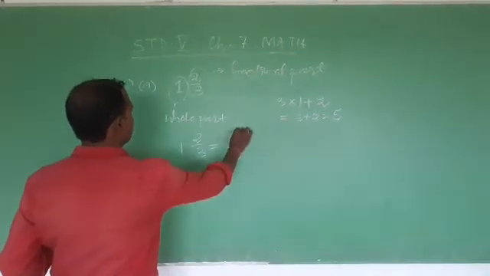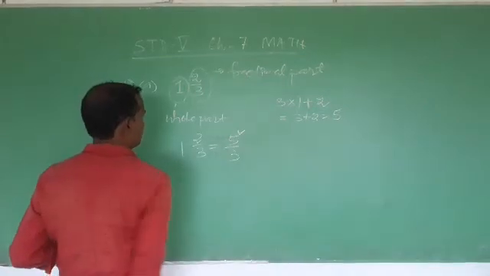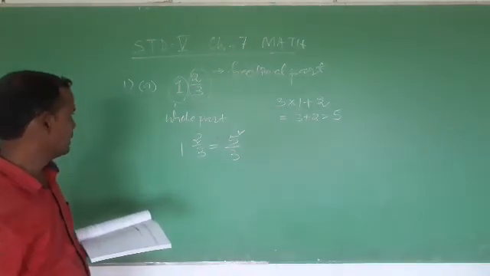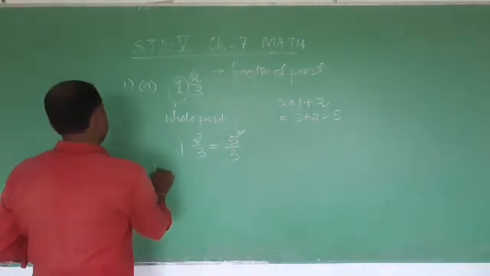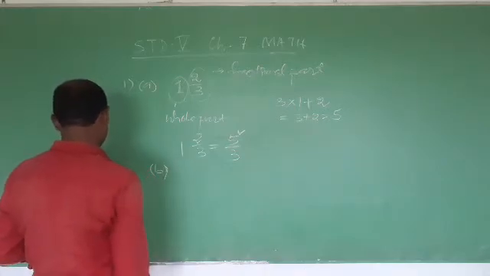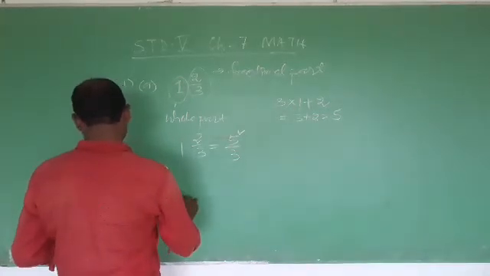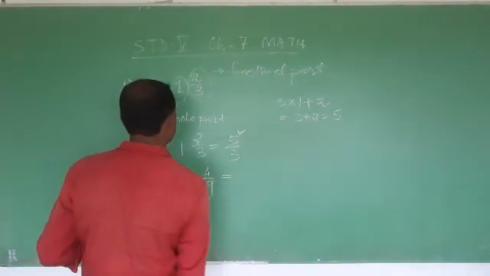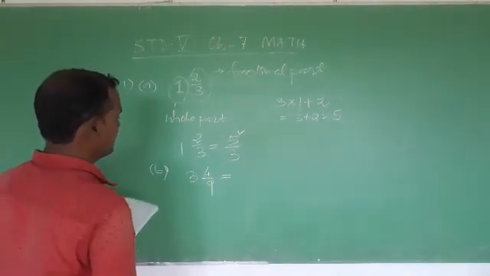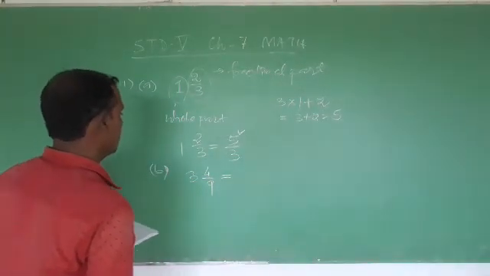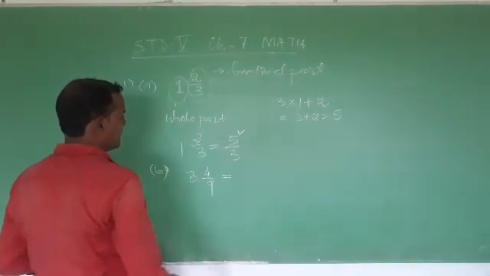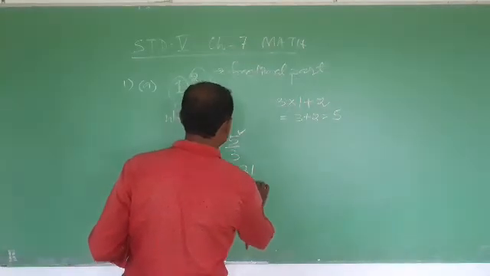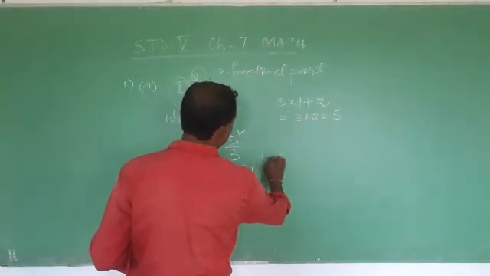And this is known as what? Improper fraction. Here the numerator is greater than the denominator. Okay. Similarly, question number 1 bit B. The given mixed fraction is 3 whole 4 by 9. So you first multiply 3 with 9. 9 threes are 27, plus 4, 28, 29, 30, 31. And it is 31 by 9. So it became an improper fraction.